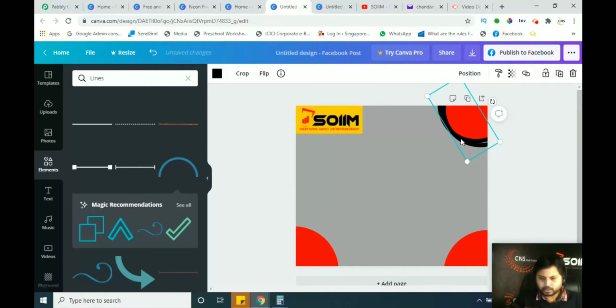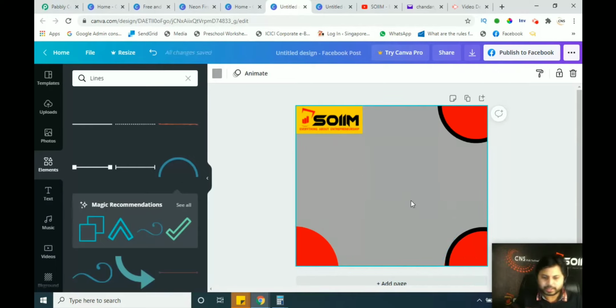here. For copy I am using Control C, and for pasting I am using Control V. So you can simply click and paste here. Now I want to shift it in this section, so I will just click here again and rotate it clockwise and make it accordingly with the circle, bring it near to the red one, and I will fit it here. So the corner is looking very attractive here, and the corner is coming through.